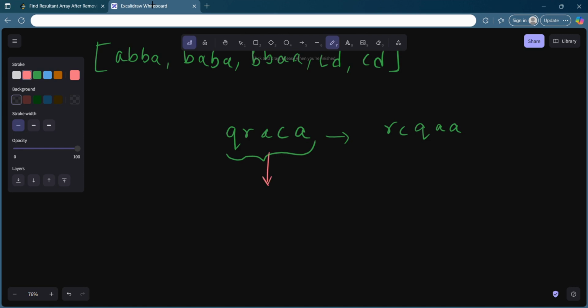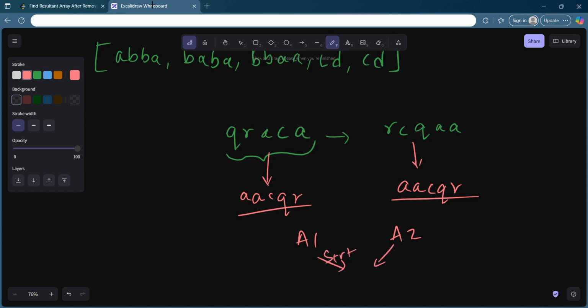If you try to sort this word, okay, what will be there? So smallest letters will come first, ACQR. If you try to sort this one also, what will the word be? ACQR. So aren't these two words the same? So if there are two anagrams, anagram 1 and anagram 2, if you sort both of them, you are supposed to get the same word. Okay, so that's how you can identify whether two words are an anagram or not, and very easily you can do that.